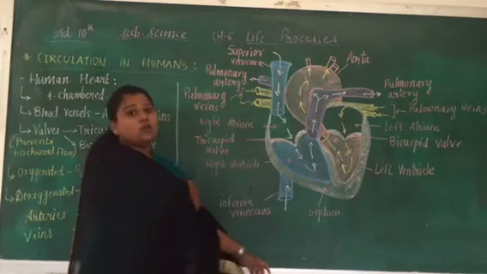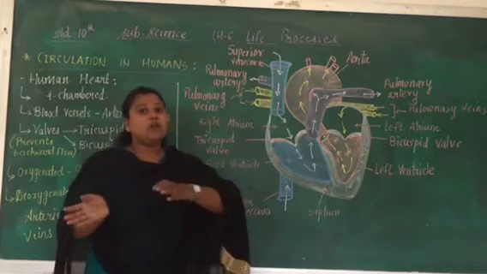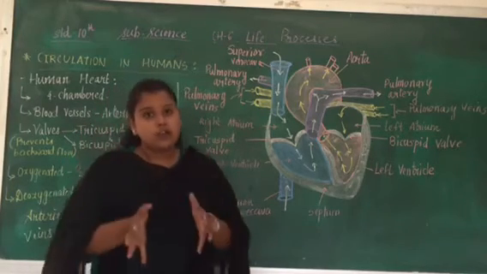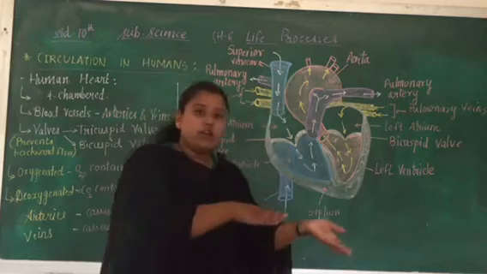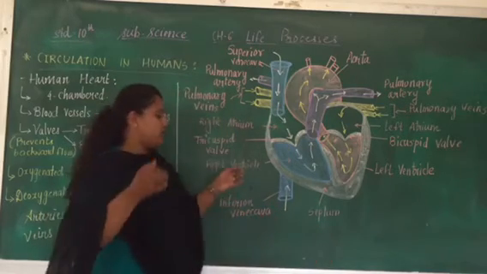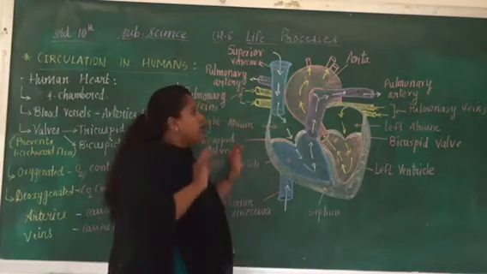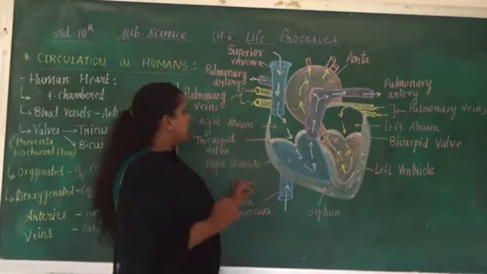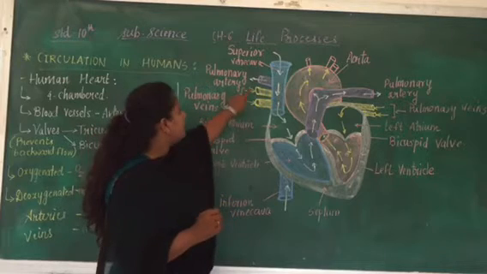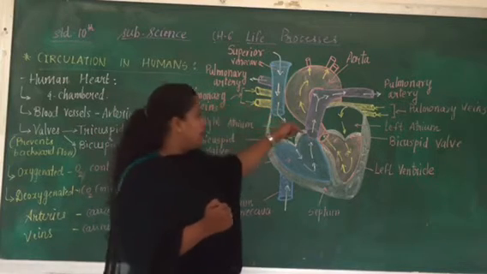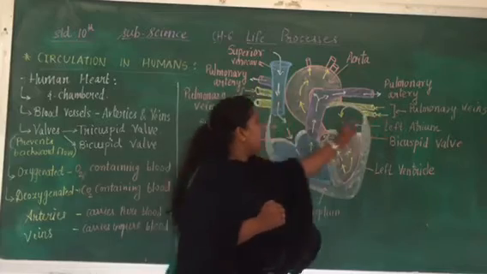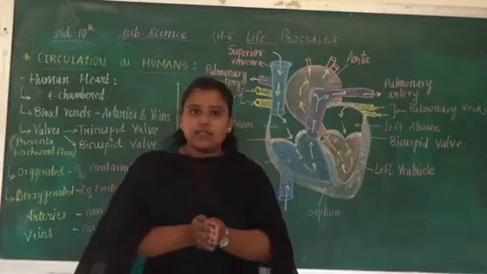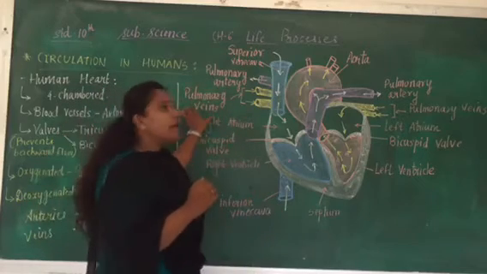Now this blood which was deoxygenated, as the removal of CO2 took place, what happened now? The oxygen has been added, so the deoxygenated blood is turned into oxygenated blood. So now the blood is pure, right? Now this oxygenated blood again comes back to the heart, and that comes back through the pulmonary veins. I have shown the arrows inside the heart, right? So these pulmonary veins from both the lungs contain what? Oxygenated blood.